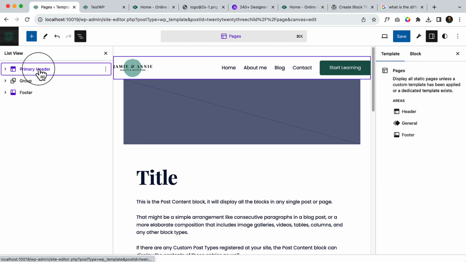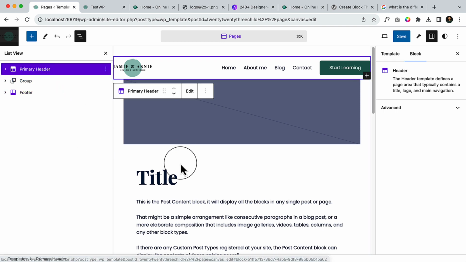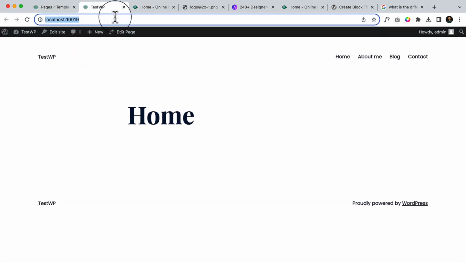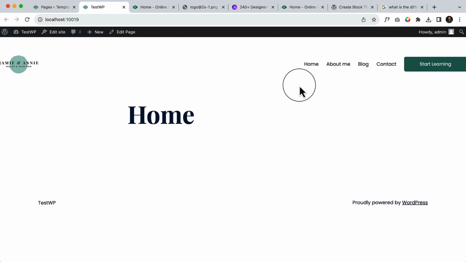So we are done with the header area, and this is exactly how it looks like. Now if I click Save Changes, go to our home page and reload, as you can see the header looks like this, and it looks not so good, not so professional, but we can make it professional easily. Well, so okay,